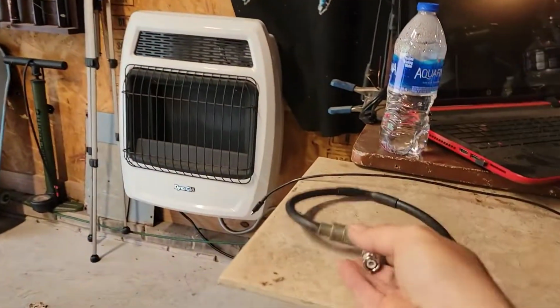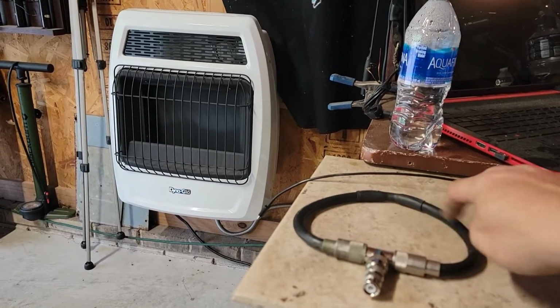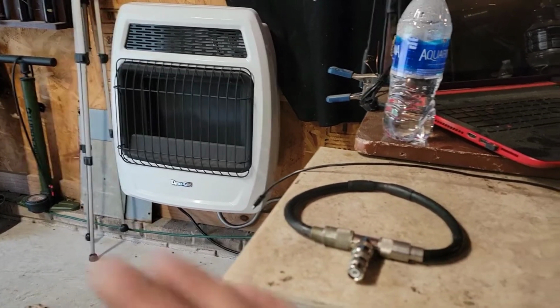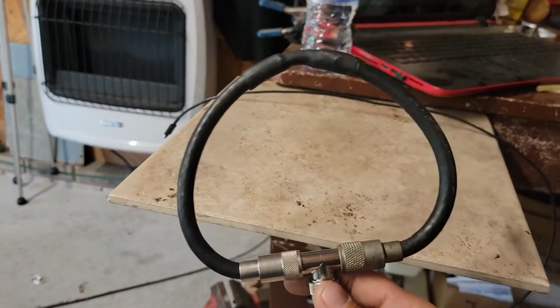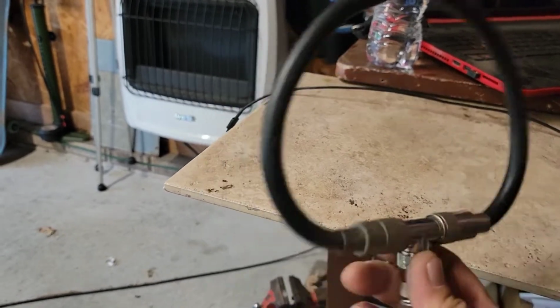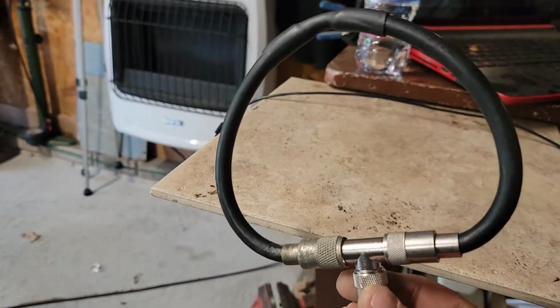And that's one thing about it, is you want both of these sides to be the same. So once this side starts receiving the same signal as this one, then it voids it, if that makes sense. So there is no signal. The way this works, somebody smarter than me came up with it. It's definitely been around for a while because it's in the antenna books and stuff. But really easy to make,